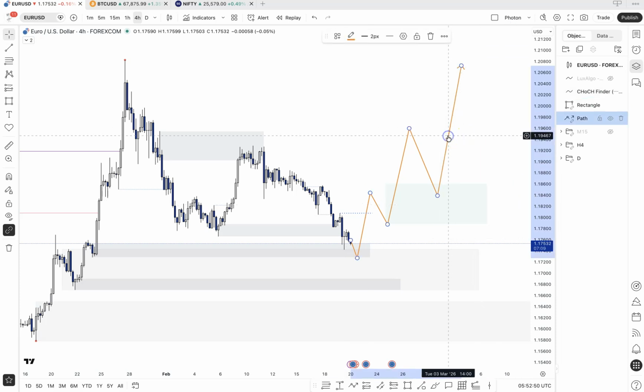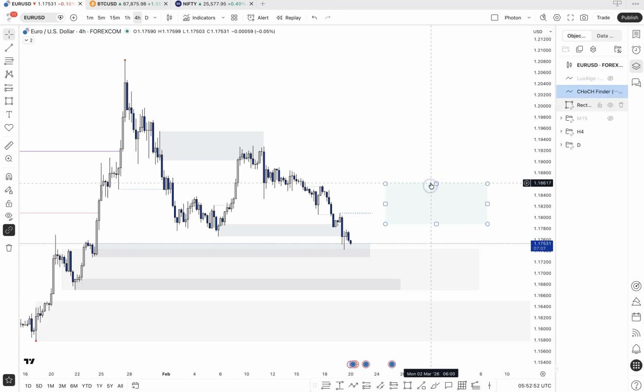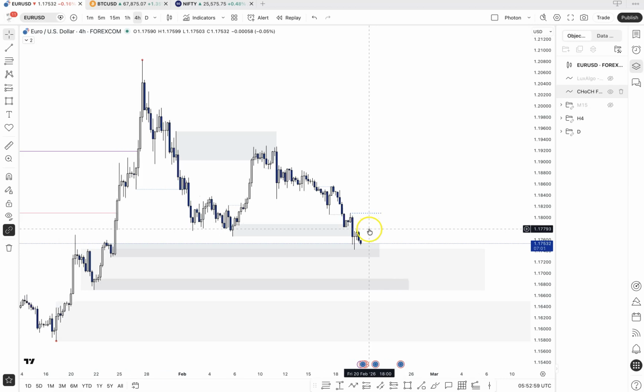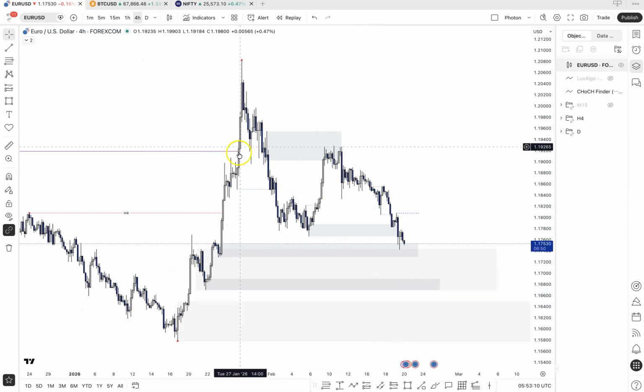So we could look at that, but these are just ideas, the price doesn't have to do what we think, and let's just wait and watch. So as of now, I am not in favor of shorts. I'm just going to sit on my hands and look at the price to turn bullish, which will also be in line with the overall swing structure. So this is a strong swing low and this is a weak swing high. So my expectation is that price is going to take this out. So then let's just wait and watch.